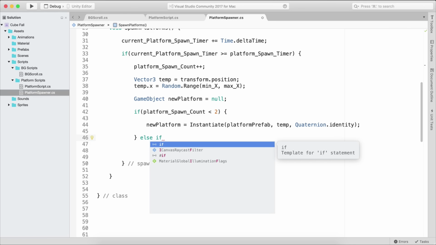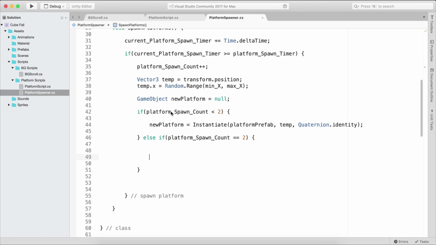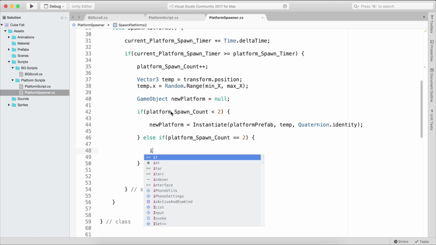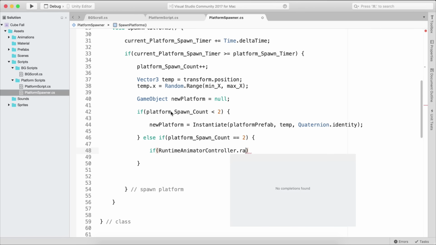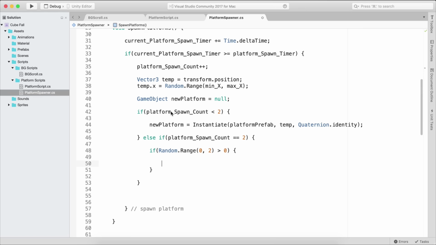Else if platform spawn count is equal to 2, we're going to randomize. We are going to either spawn a spike or actually a moving platform. So let me do my thing here. We're going to say if Random.Range between 0 and 2, if it's greater than 0, so if it is greater than